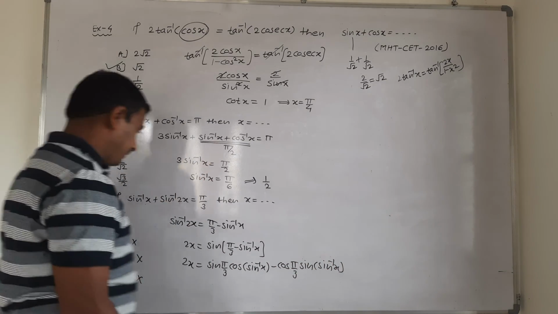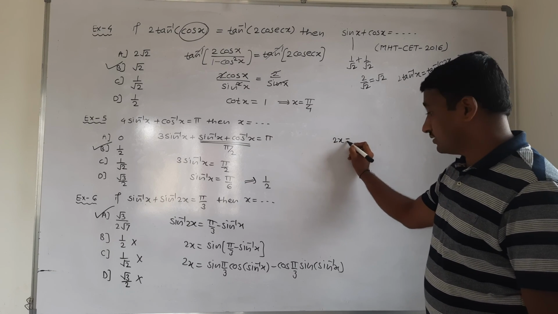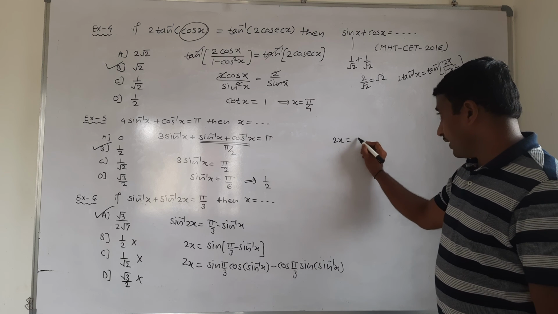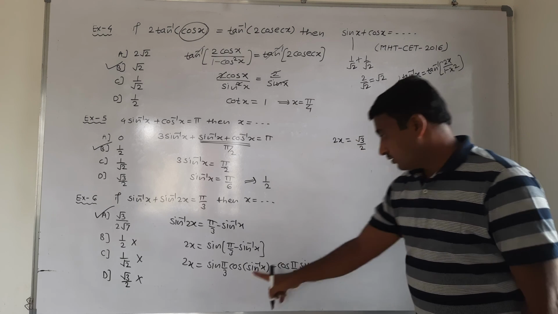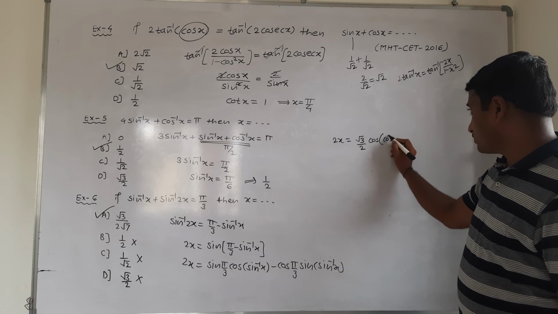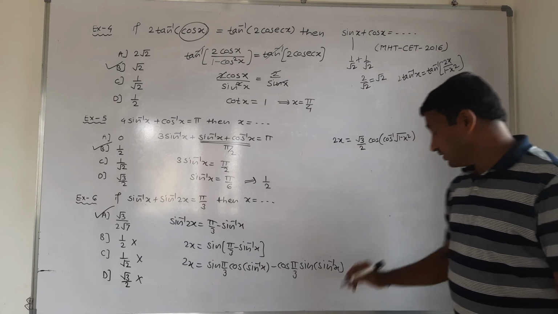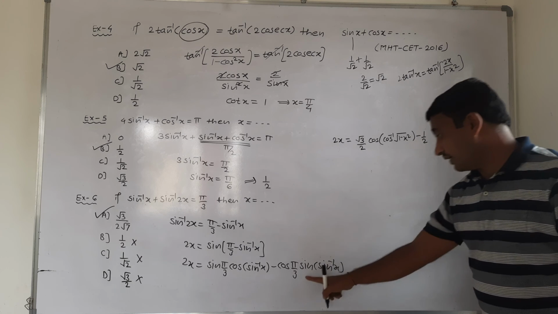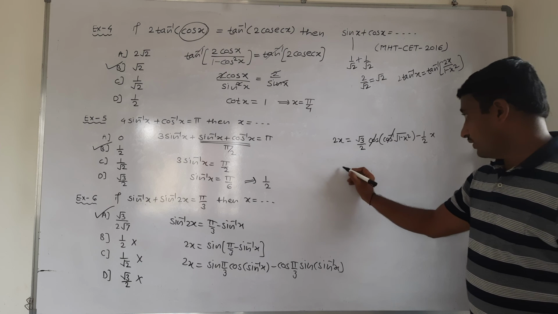Therefore I write cos of sin inverse x, and 2x as it is. Then I write sin inverse x in terms of cos: sin pi by 3 is root 3 by 2. Cos of sin inverse x, I write as the square root of 1 minus x square. This is just a relation. Minus cos pi by 3, and cos pi by 3 is 1 by 2. The sin inverse x cancels, it is x. This is also cancelled. Then what is remaining?